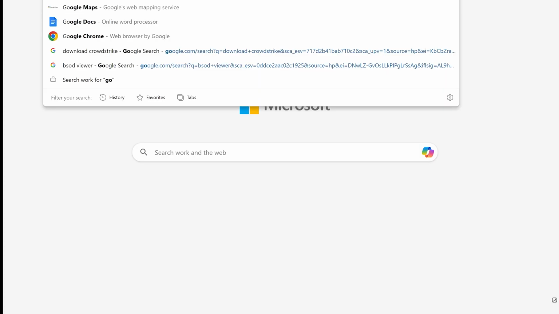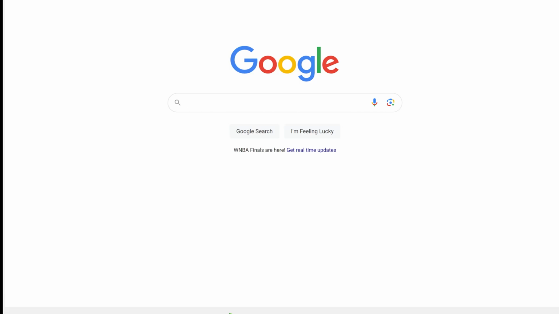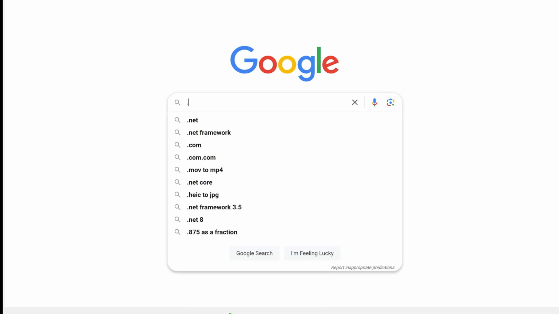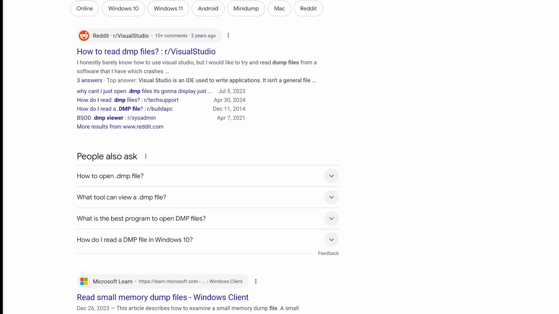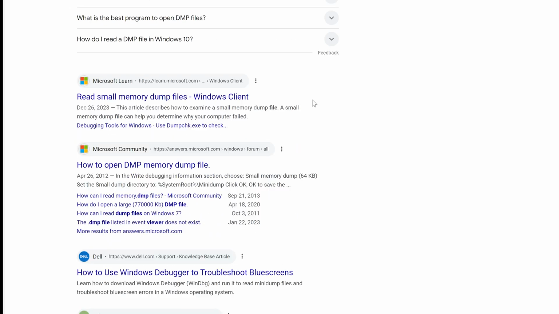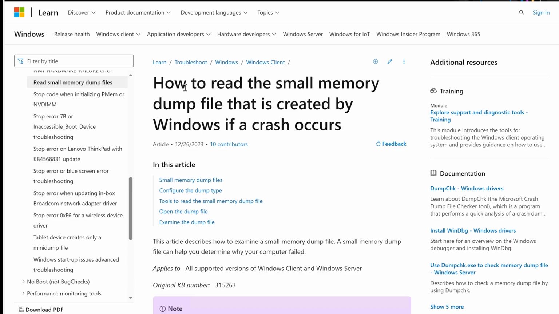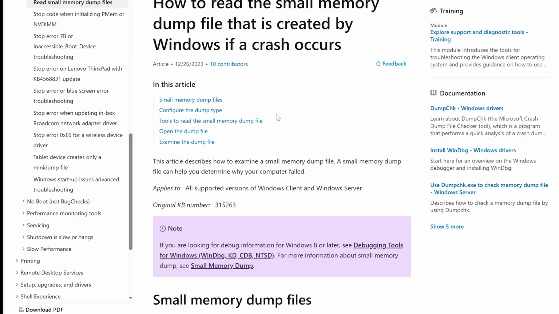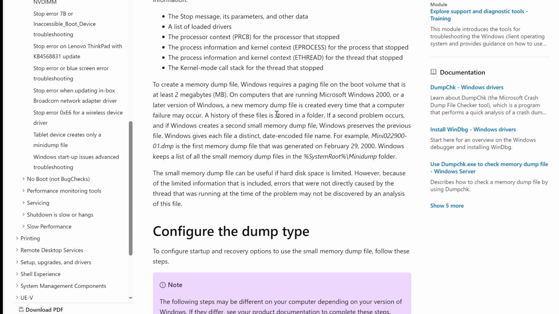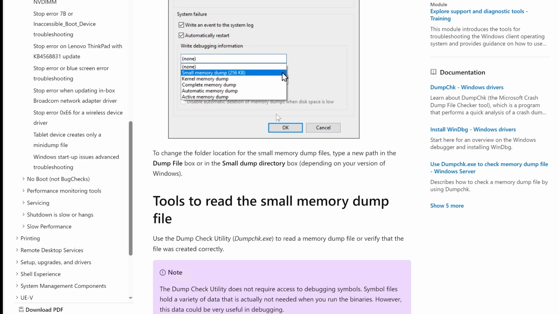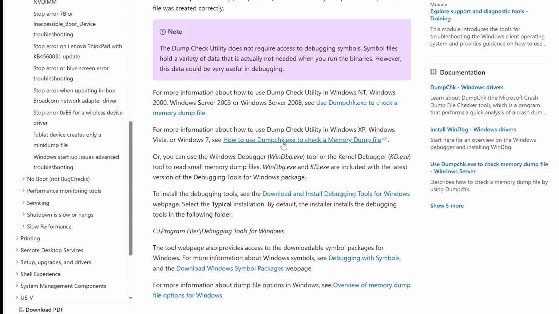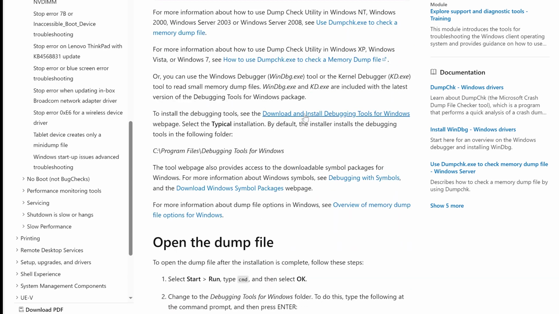So there is a viewer for that you can download from Microsoft, which actually will give you details. I think it's called .dmp file viewer. So this is something you can get from Microsoft. And I think it's this one here, how to read small memory dump files. I forget what it was called? Debugger. Here it is. Download and install debugging tools for Windows, which will allow you to access this DMP file,